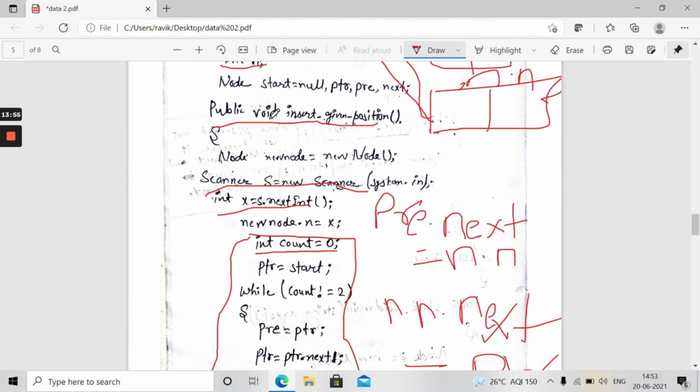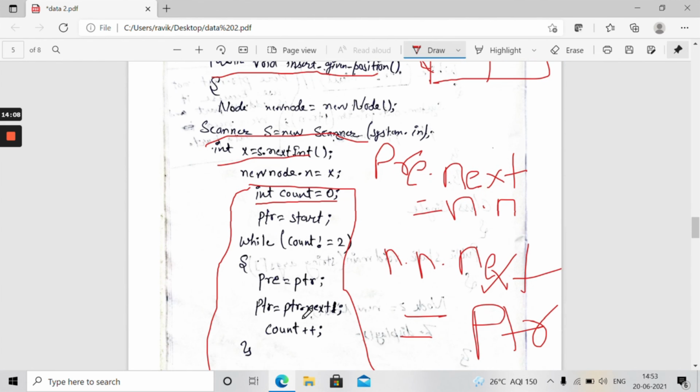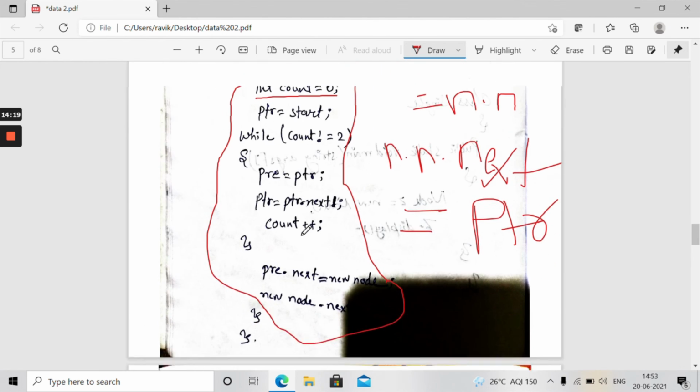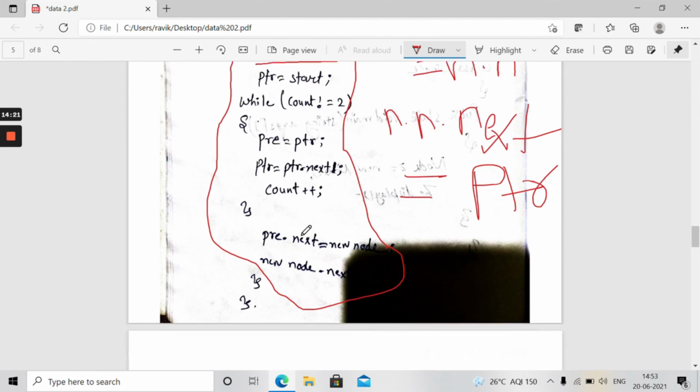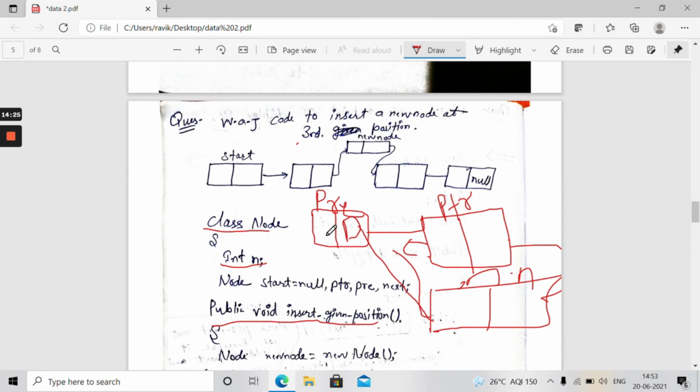These codes are the same in every program, like deletion, insertion, display. In every program this code is the same, but this is not the same. The main logic of the question is hidden in this code. So we have only to understand this. So guys, you can understand how to insert a new node at third position.